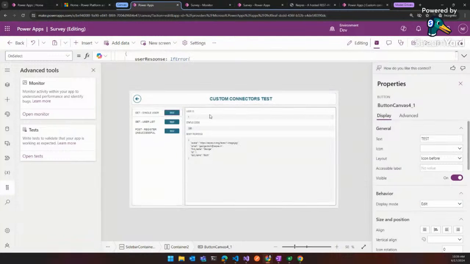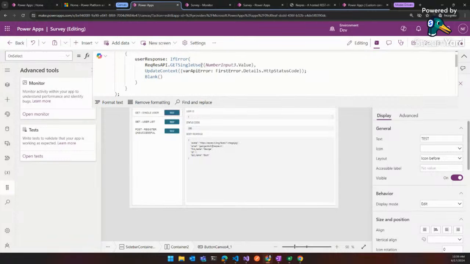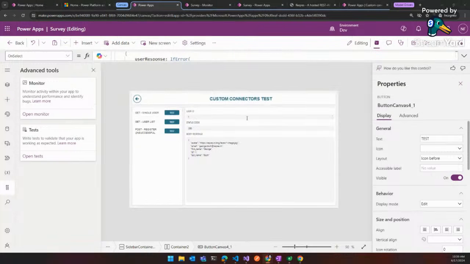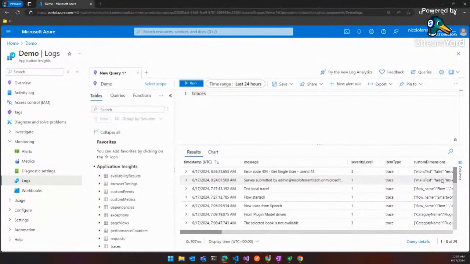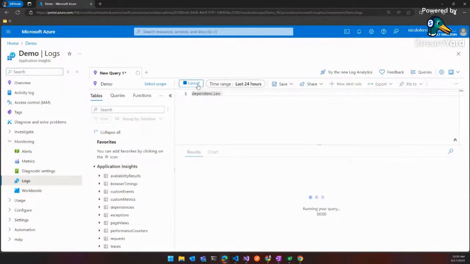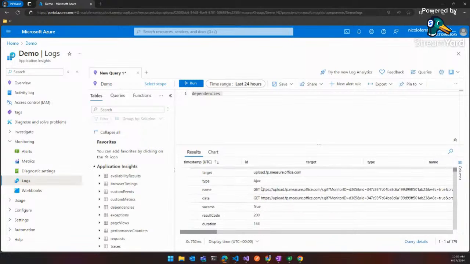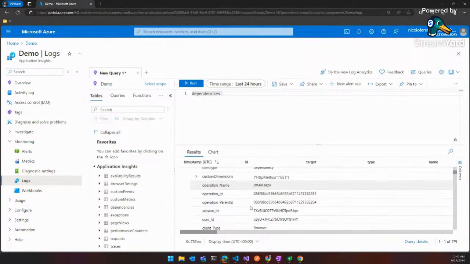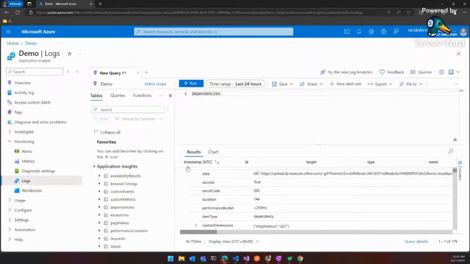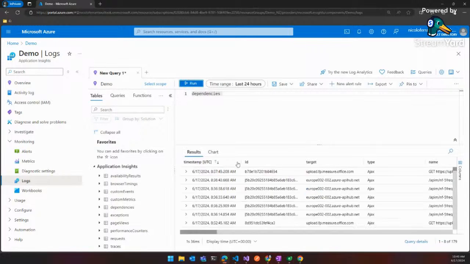But if you don't have the, how can I say, the custom log like this, the Application Insight custom connector sends the telemetry to our Application Insights, and you can expect it from the dependencies table, for example. And here you can see the entire path. It takes a while to retrieve this information, but here